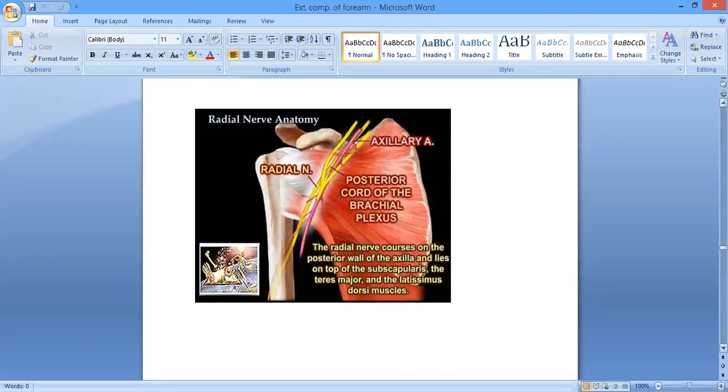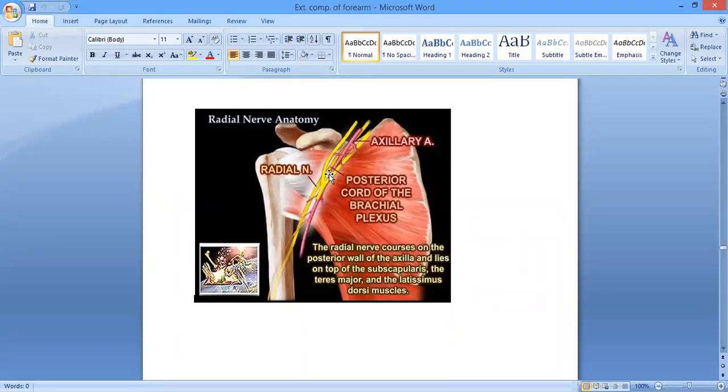Come on, hurry up, you have studied these things, you have to recall them, that's why just reading is not enough. The radial nerve is a branch of the, you can see, radial nerve is coming from the posterior cord. Yes, it's a branch of the posterior cord of the brachial plexus. And you can say that it's the largest branch of the brachial plexus even, right? Because it is receiving fibers from all of the roots forming the brachial plexus.